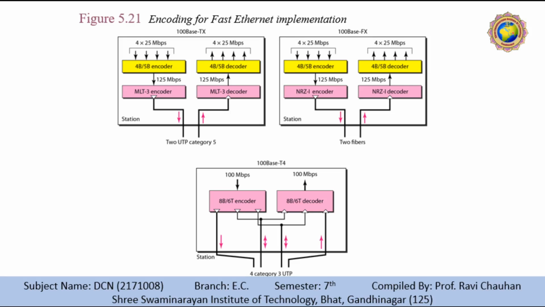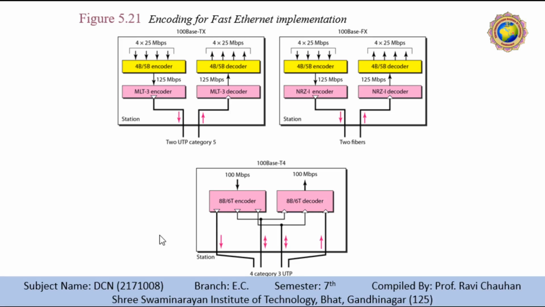A 100 base TX network can provide a data rate of 100 Mbps, but it requires the use of category 5 UTP or STP cable. This is not cost effective for buildings that have already been wired for voice grade twisted pair. A new standard called 100 base T4 was designed to use category 3 or higher UTP. The implementation uses 4 pairs of UTP for transmitting 100 Mbps. Encoding and decoding in 100 base T4 is more complicated.